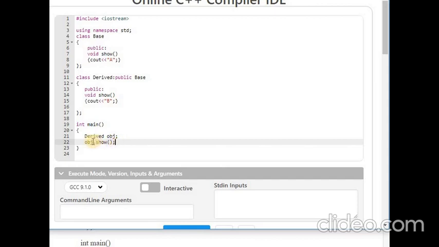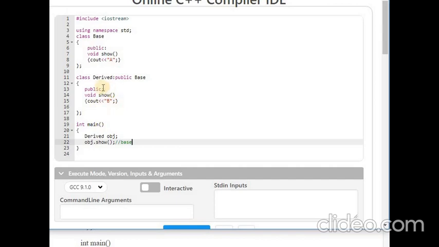We have an object of the derived class, which derives features of the base class as well as the derived class. We expected that it should display the base class show method, but it will not, because whatever object you are creating here, it will match the object's method with that particular function definition.